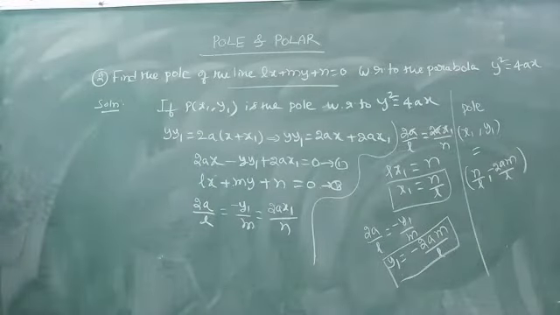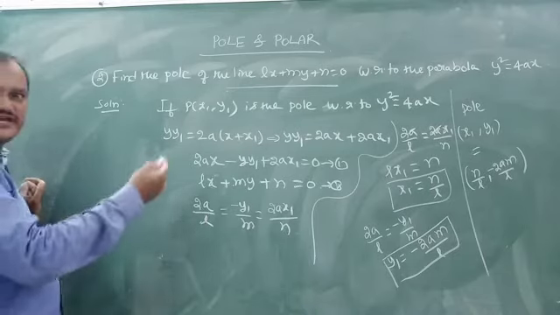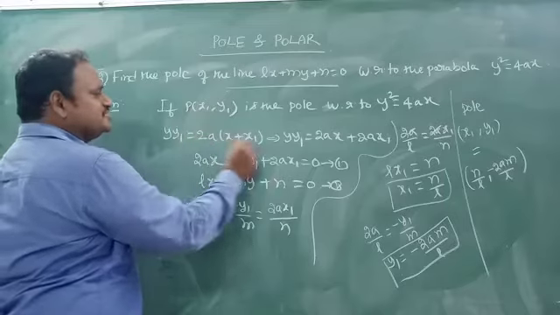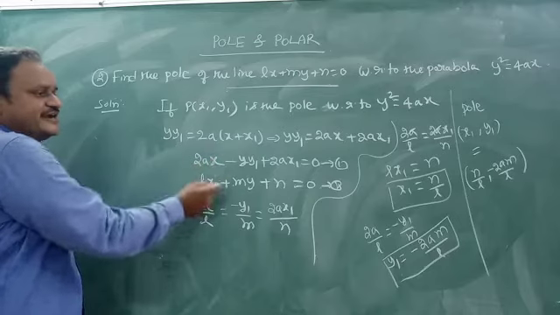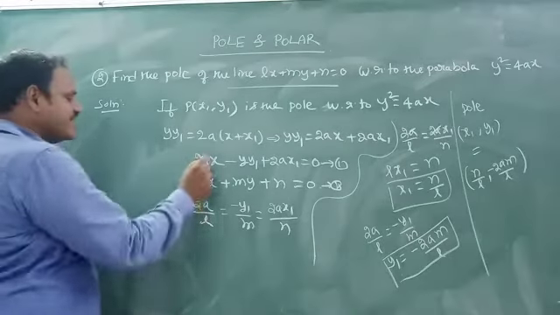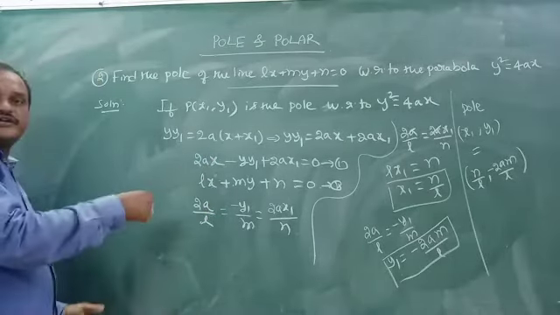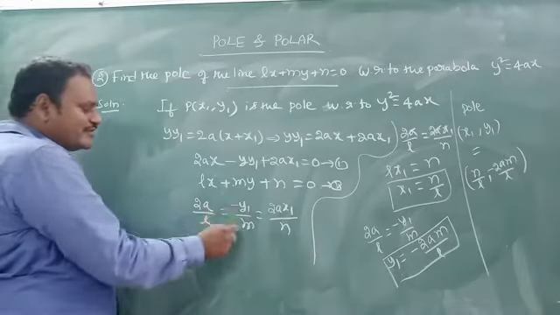They gave the polar, and we found the pole. It is a very important problem. The pole we have got is n by l comma minus 2am by l. That is a very simple process. Once again, if we recap, the polar equation is this and they gave this line. That means these two lines are the polar lines. They are identical, so you can just take the ratio a1 by a2 equal to b1 by b2 equal to c1 by c2.